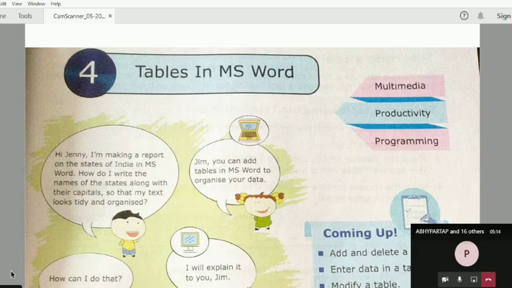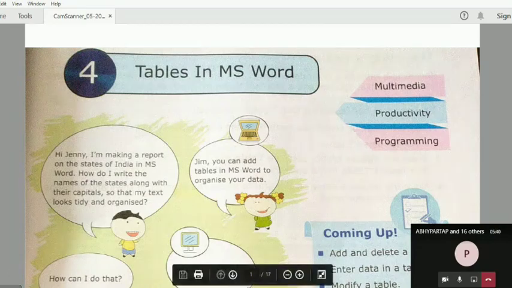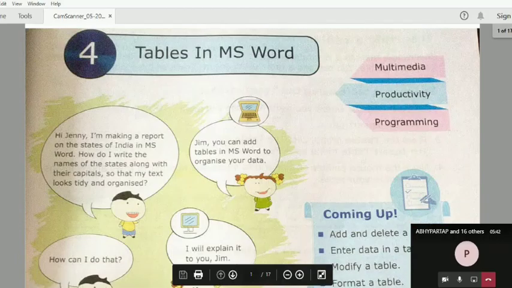In 4th standard also I think you have inserted a table in MS Word. So a table is basically the combination of rows and columns. In a table we get many rows and columns. और we can also say that when we present the data, जो भी हमारे पास data है, जो भी हमारे पास numbers हैं, either it's numbers or words, जब हम उनको एक particular table की form में present करते हैं, then it is called a table. I show you here.